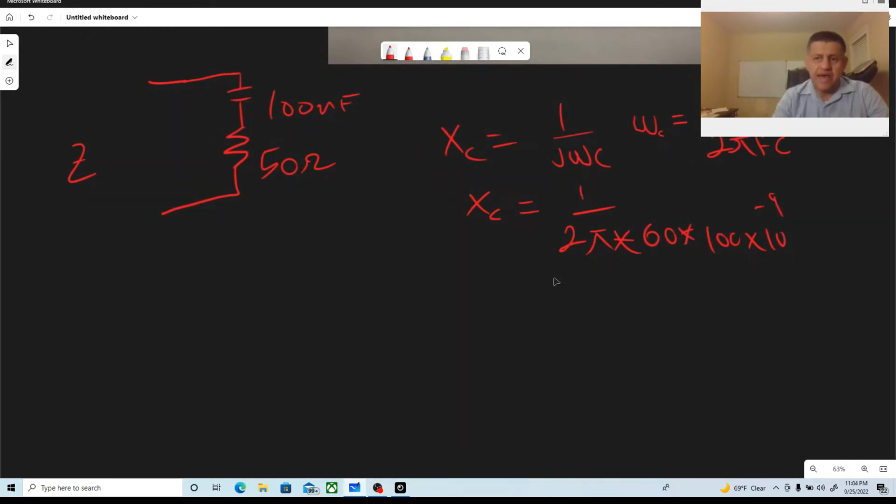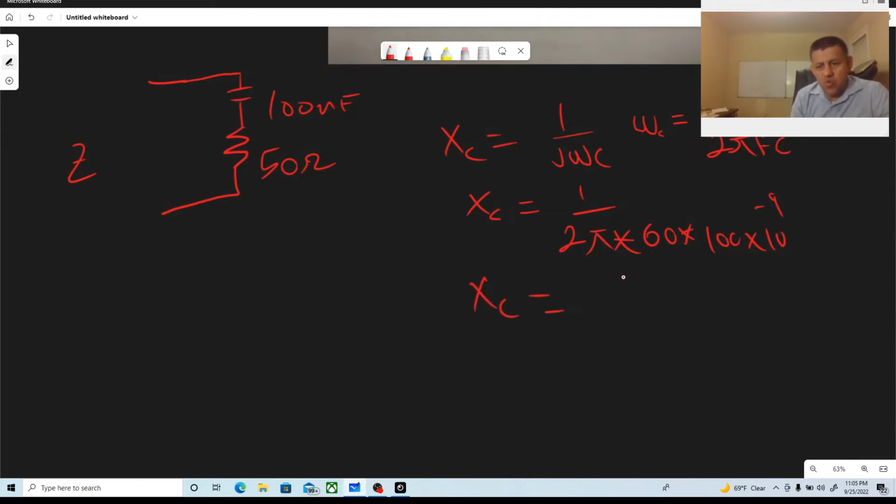When we do this math, we get that the bottom number is going to be equal to 2 pi times 60 times 100 times 10 to the minus 9, and we get a very small number, right? Of course it's going to be small, because we got a nano over there. So what we have is that this value right here,